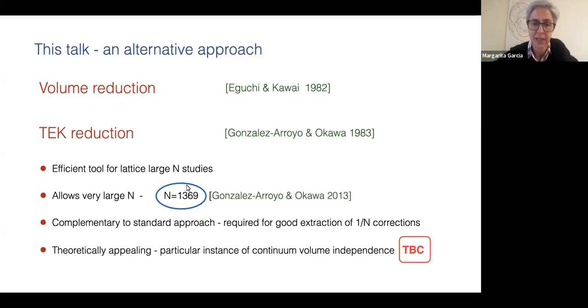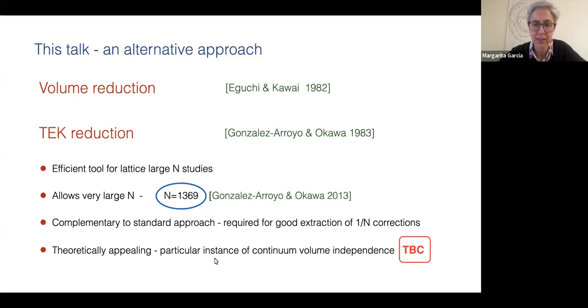Also, the twisted Eguchi-Kawai allows you to get the result basically in the infinite N limit. But the kind of 1/N corrections that it provides are different from the standard ones. They are more related to finite volume effects. If one wants to study 1/N corrections for SU(N) gauge theories, one has to use the two setups in a complementary way. So TEK would give you the large N limit that you can use to fix the extrapolations to large N using standard approaches. The two techniques have to be combined if one wants to extract, for instance, 1/N corrections to the theory.